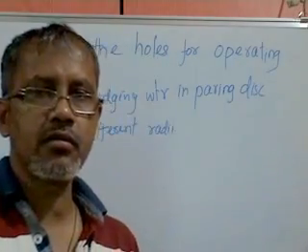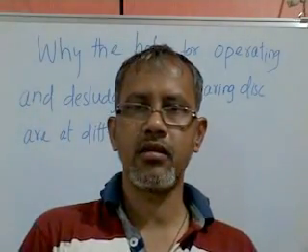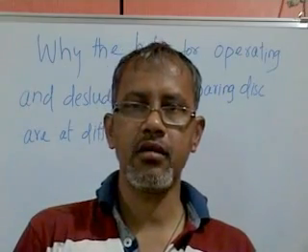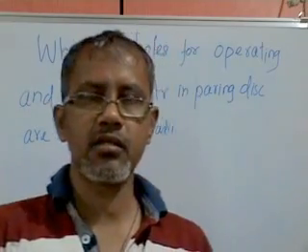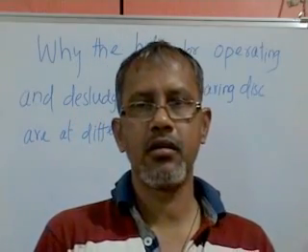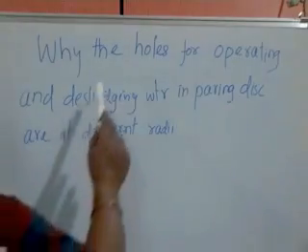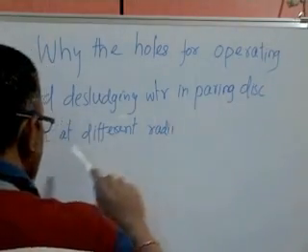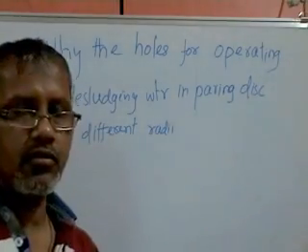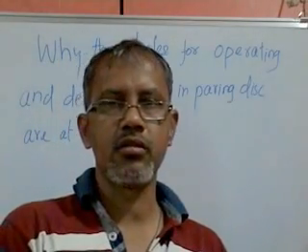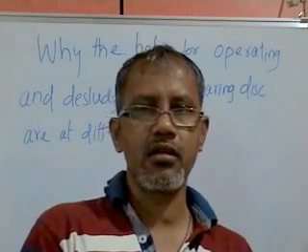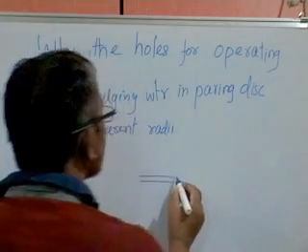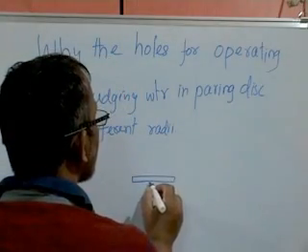As you must have observed, the pressures for the water given for normal operation and the desludging water are different. And why is it so? The holes of the operating and desludging water in a parent disc are at different radii. Why is it so? The holes have to be at different radii. And also, supposing this is the parent disc,